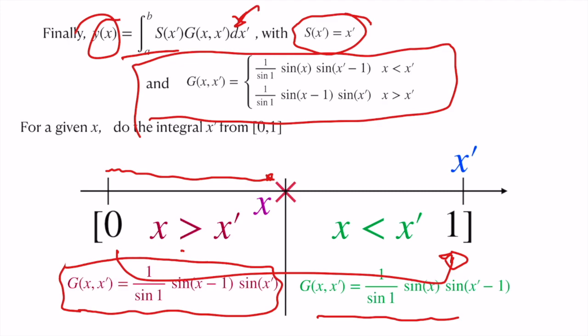The best standard way is to follow this x prime as your reference and rearrange this with respect to x here, and you simply do the right kind of Green's function. Whenever x is less than x prime, you have to use a left-hand Green's solution. When x is greater than x prime, you have to use the right-hand Green's function. So once this point is clear, we can go ahead and do this integration.